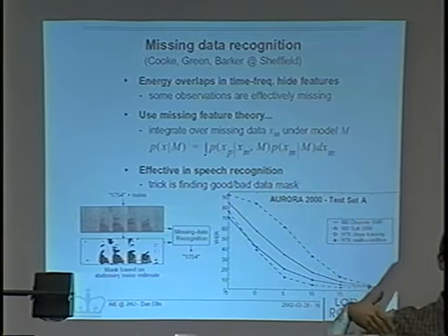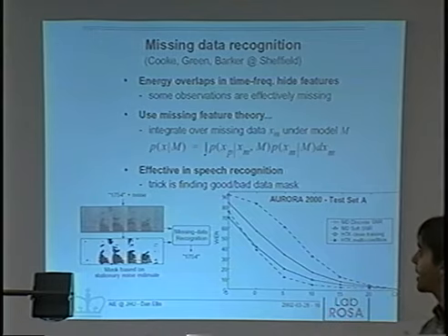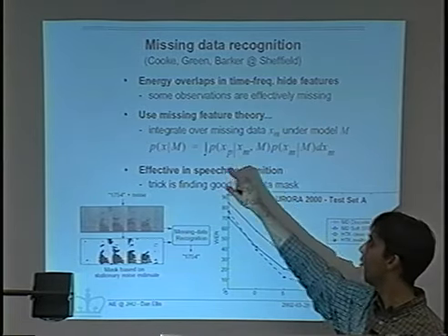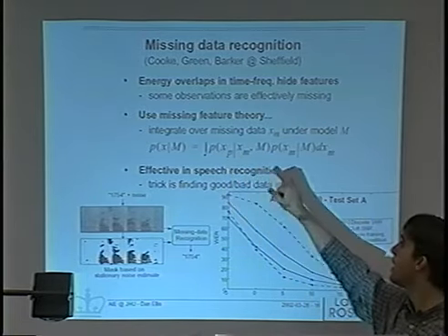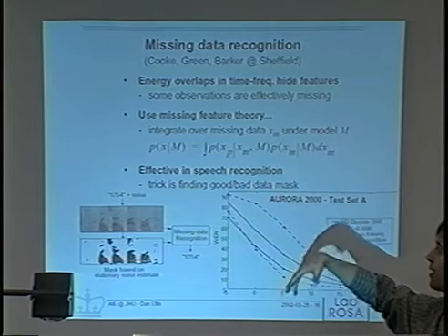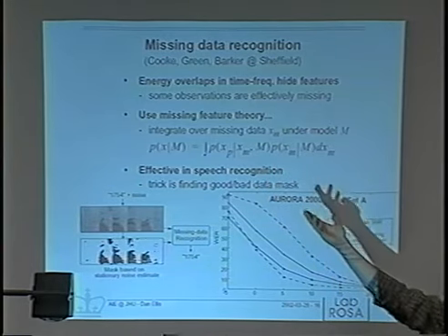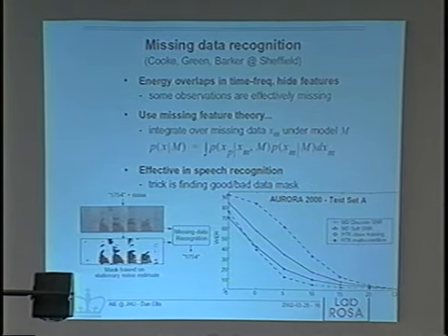If we're talking about diagonal covariance Gaussians, there's no mutual dependence between these two, and this thing integrates away to 1, so it actually becomes a very simple thing. You just have to evaluate the Gaussian over the present data dimension, so it's very cheap as well. And the results are really great. They actually did some nice work showing if you know exactly which data is reliable, you can get almost no degradation up to really high noise levels.